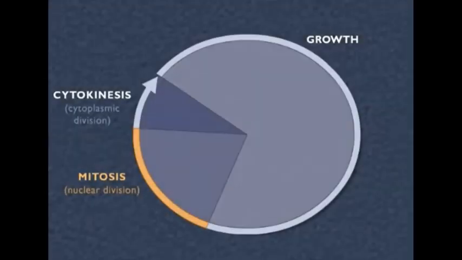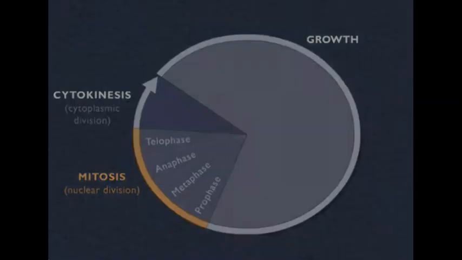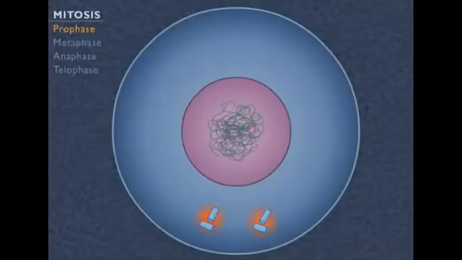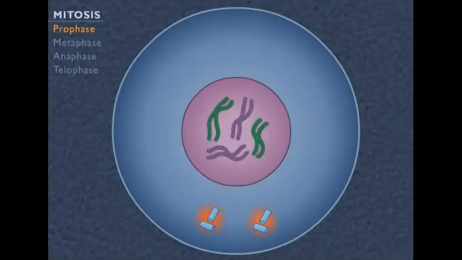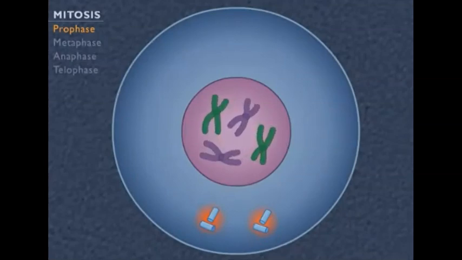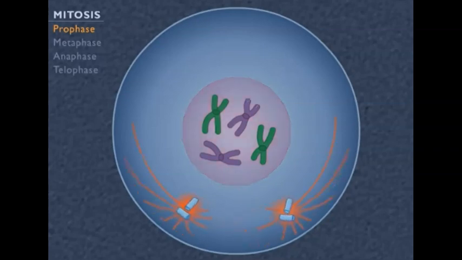Mitosis, or the M phase, has 4 stages: prophase, metaphase, anaphase, and telophase. During prophase, the chromosomes become visible and condense, becoming shorter and thicker. Each identical copy of a single chromosome is called a sister chromatid. The nuclear envelope breaks down and spindle fibers form as microtubules grow out of the centrioles that move to opposite